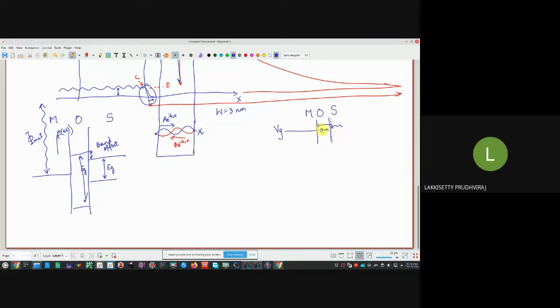It requires less energy to pass. It will penetrate. Yes, it will require less energy to pass. So that means when you apply VG, the electrons which have come to this oxide-semiconductor interface, the channel, these electrons will simply, this is your W then, because this band offset barrier is lower. So there is a finite probability that the electrons will simply tunnel through the oxide. What is this phenomenon called?